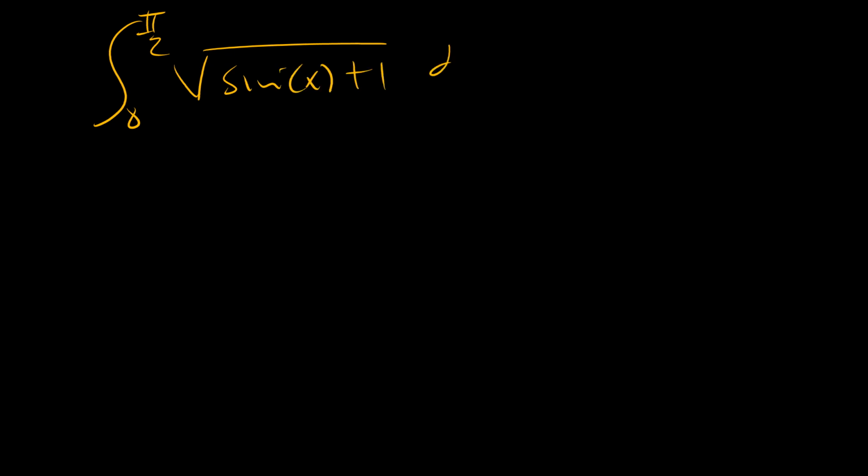So from 0 to pi over 2 of the square root of sine x plus 1. You may be tempted to want to take this to a half angle formalism, but you see it's still very hard to remove the 1. So my intuition tells me that, let me just say, let x be equal to